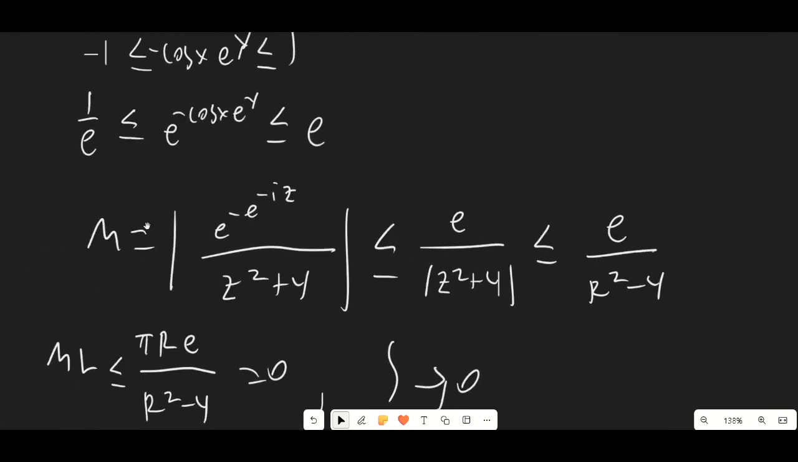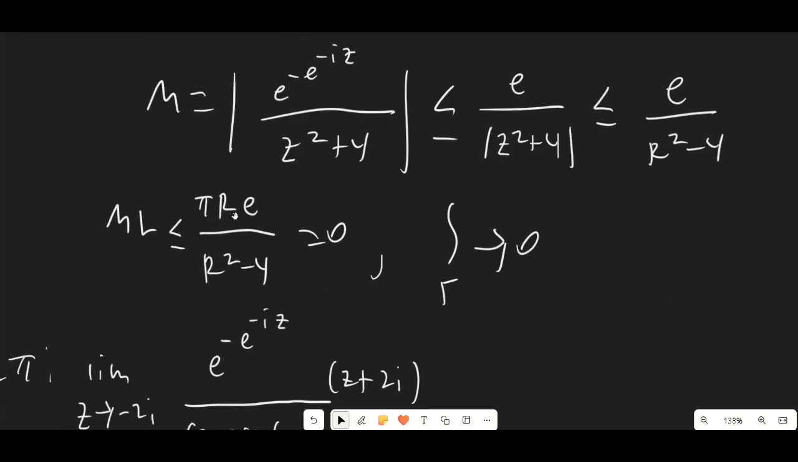So we do the same trick as before. We're calculating m, so it's going to be less than or equal to e over the modulus of z squared plus 4, or less than or equal to e over r squared minus 4. Same thing as before, pi r e over r squared minus 4 equals 0, so our gamma contour goes to 0, which means that our integral I2 is just equal to negative the residue, 2 pi I times the residue at